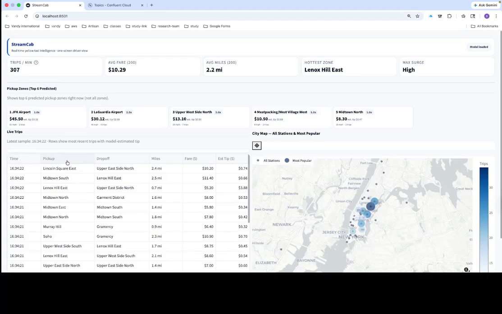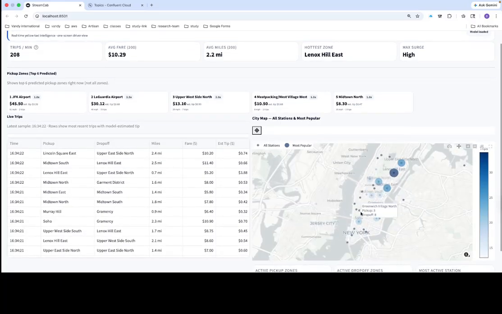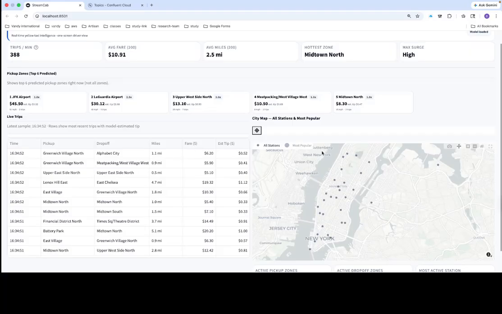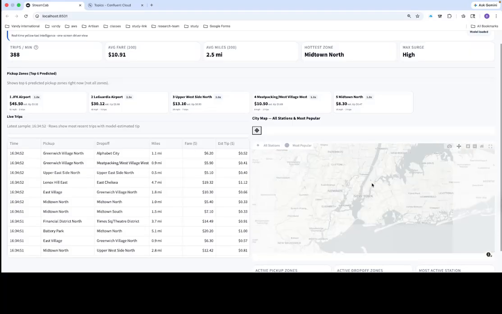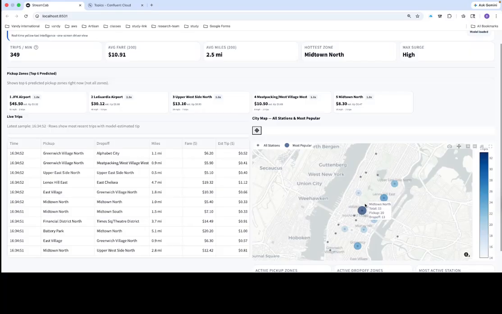And you can see time, pickup, drop off, miles, and fare. Those are coming from historical data, but the estimated trip is coming from our model prediction, the XGBoost model we just discussed. And you also have a map view where you can see which station is more popular. Or maybe let's go to the most popular station and you can see